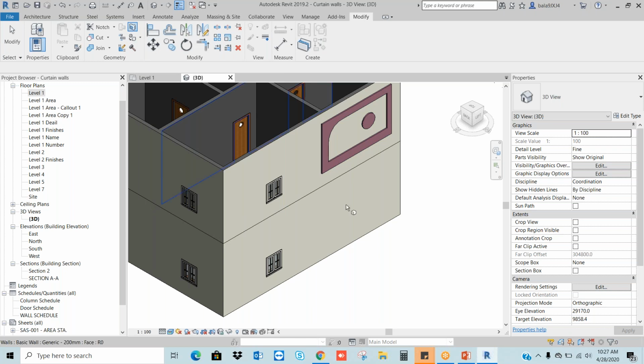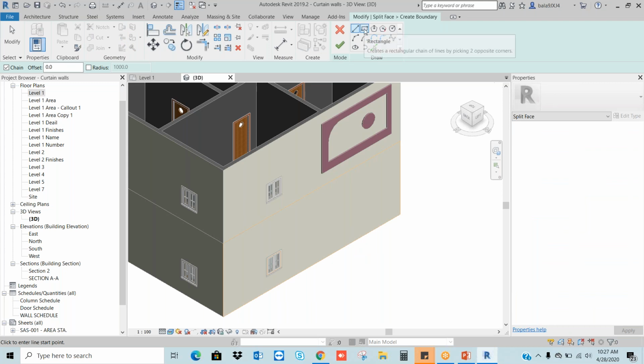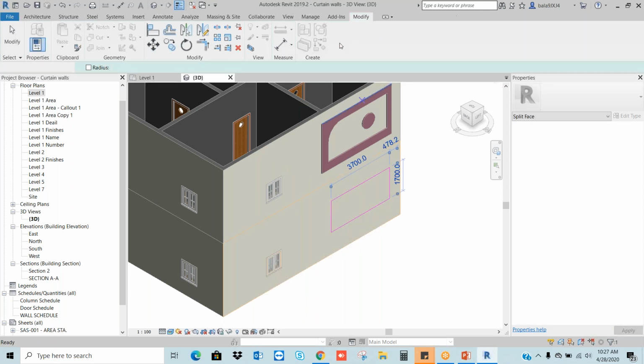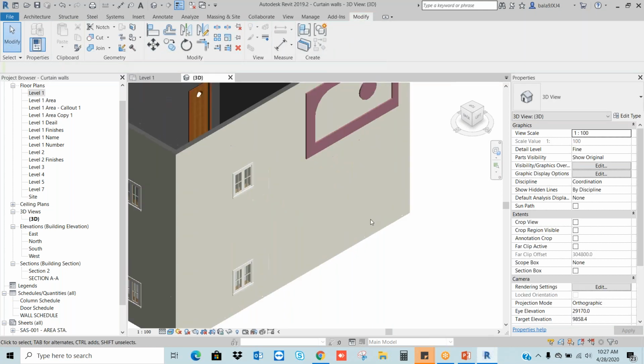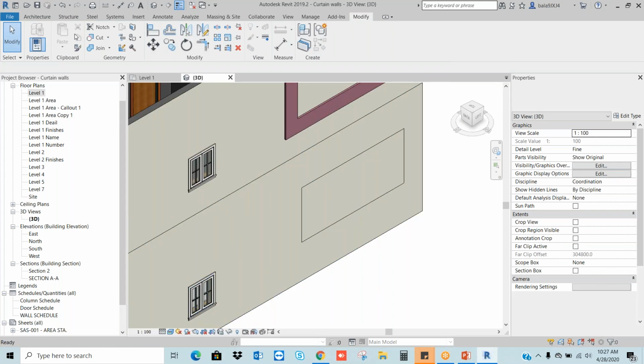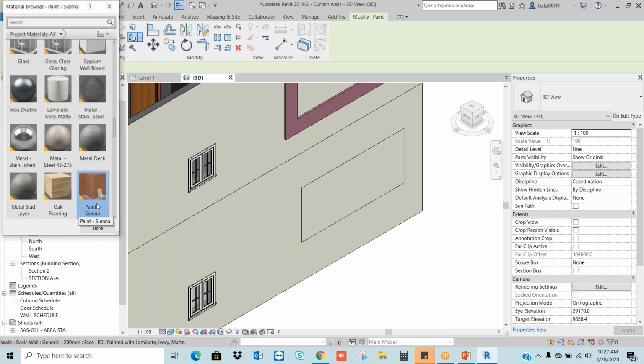Click on it, select the face whichever you want to split, and split whatever you want. Let's say I want to split it as a rectangle. I want to give a different color to the rectangle. Okay, I split it into two parts. Now I want to add the different material. Go to the paint, choose a different material. Click.